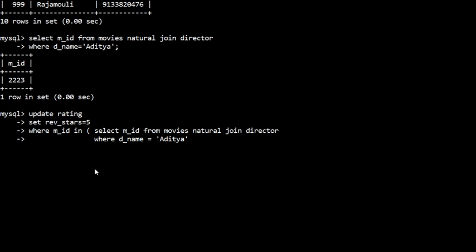Now the inner query will return 2223, correct? And in the rating table, wherever I have a tuple with the movie ID 2223, in the review stars column, it has to be updated with 5.